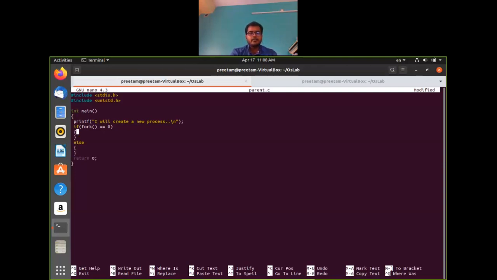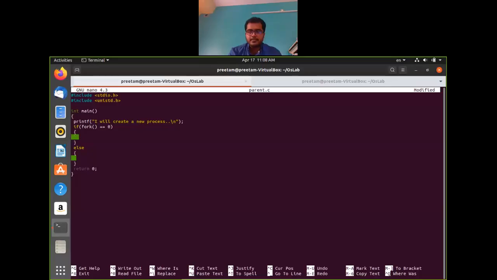So see what will happen. As I told you, an exact duplicate copy of the parent is created whenever we do fork. But in the child it will return 0. So when fork equals 0, it means it is in the child, so this part will be executed in the child.